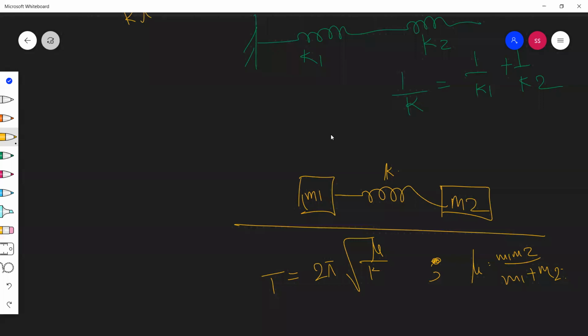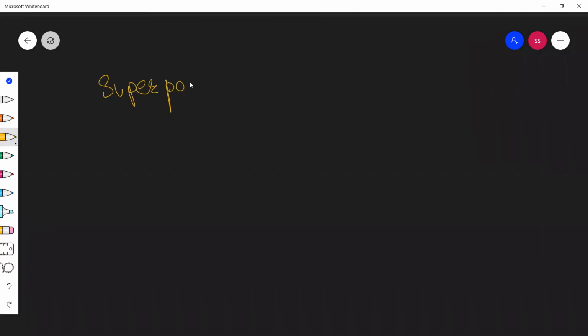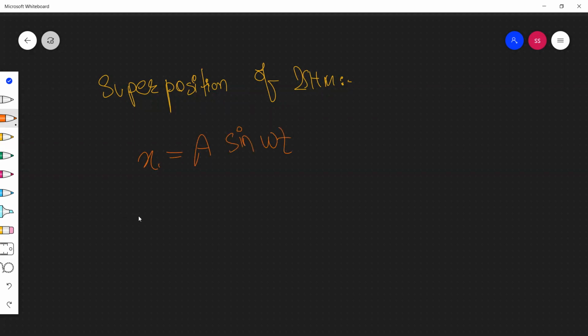Okay. Next point is the superposition of 2 SHM. सुपरपोजिशन ऑफ 2 SHM में आपको ये ध्यान रखना है, 2 और मोर देन हो सकता है, 2 या फिर उससे ज्यादा को आप सुपरपोजिशन कर सकते हो, सुपर इम्पोज कर सकते हो. लेट अस से दैट x1 is equals to a sin of omega t, and x2 is given as, x2 is equals to a2 sin of omega t plus phi.